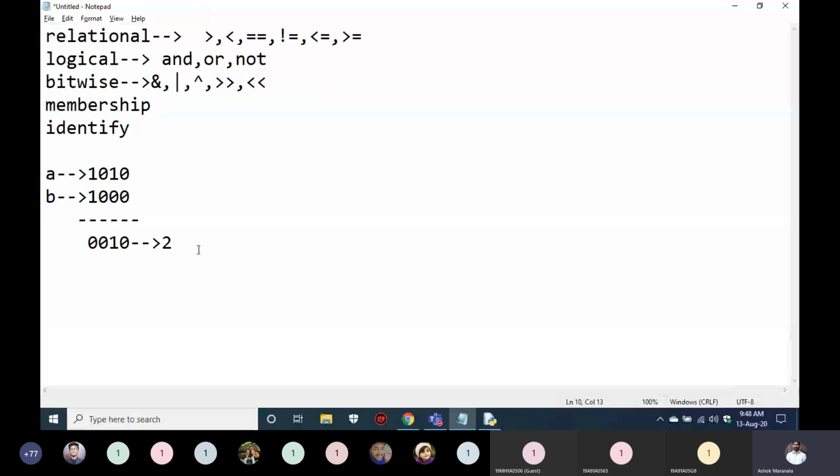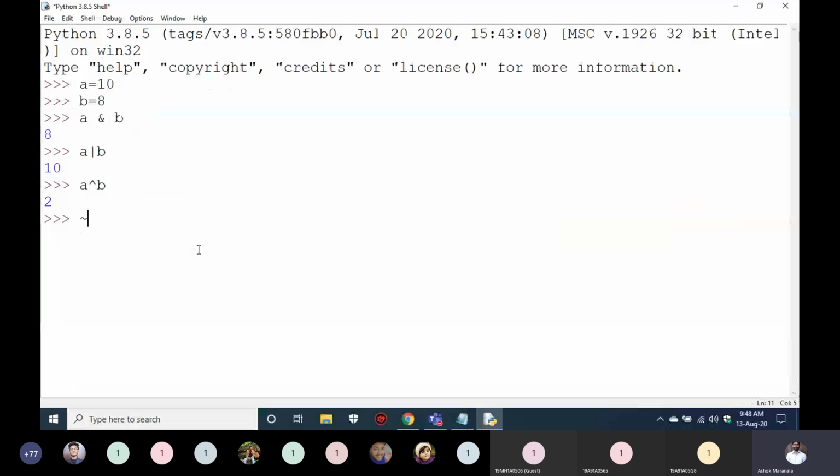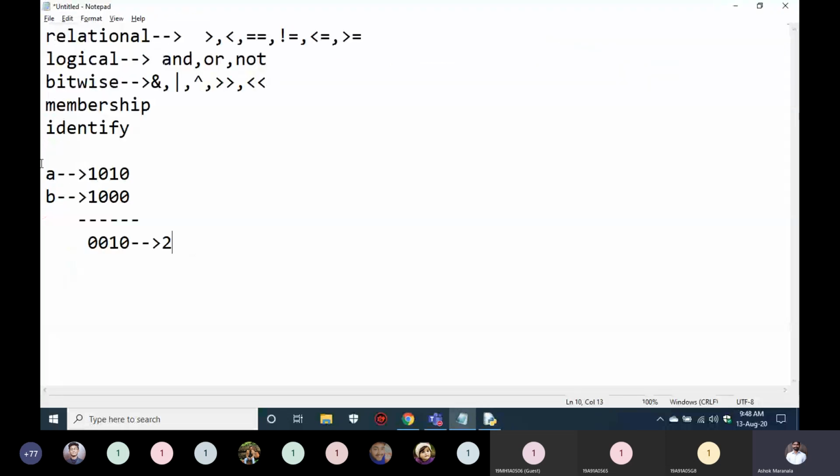Okay, and we have another operator called complement. If I take the complement of 12, I'm getting minus 13. Complement operator, in the sense, let us write the binary of 12. Can anyone tell me the binary of 12? It is 1100. I want to represent this in 8-bit, so I'm adding 4 zeros at the front. So now this is the binary representation of 12 in 8-bit, right?